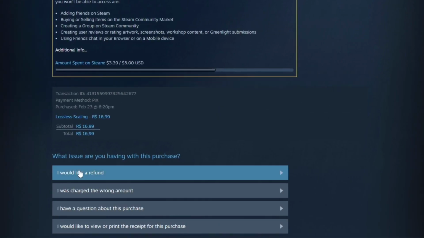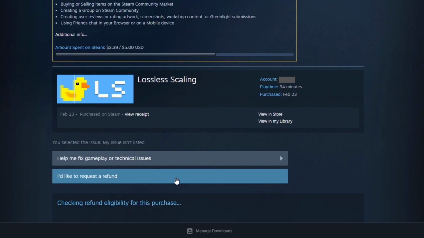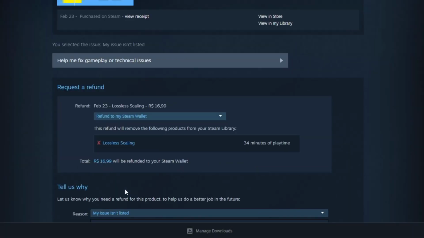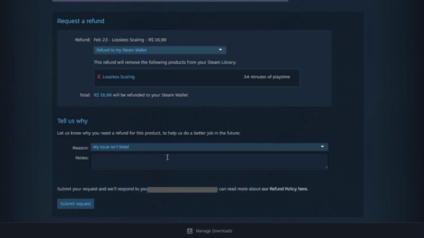Now click on I would like a refund to start the refund process. And then click on I'd like to request a refund. Choose your preferred refund method. Enter the reason why you are making this refund, and leave a note. Now just click on Submit Request, and wait for Steam to respond about your refund whether it was accepted or